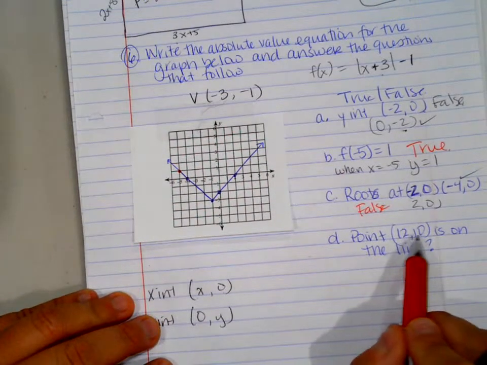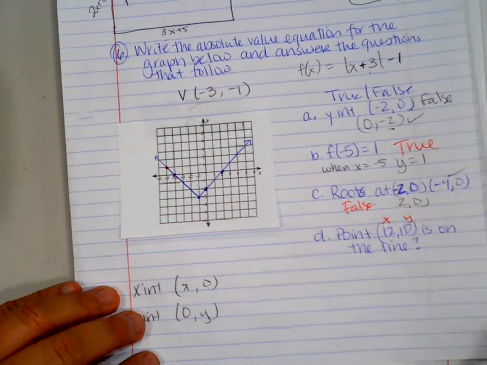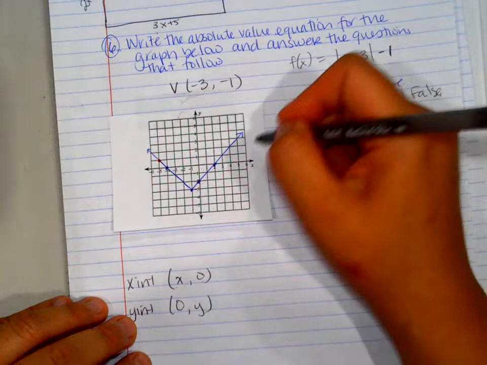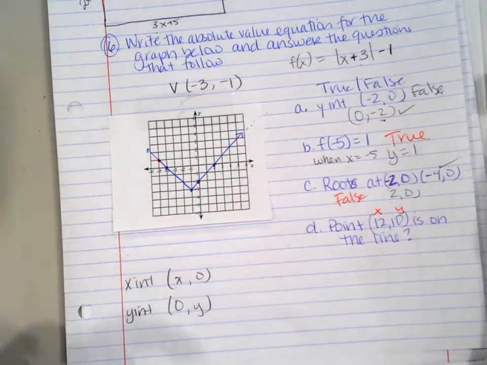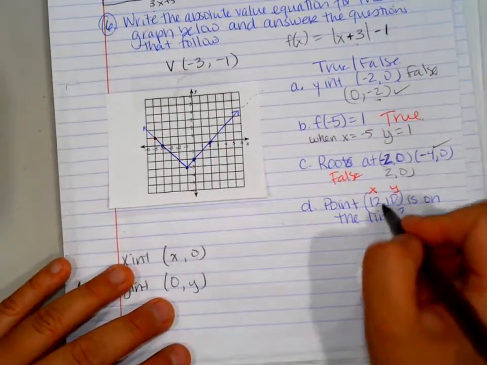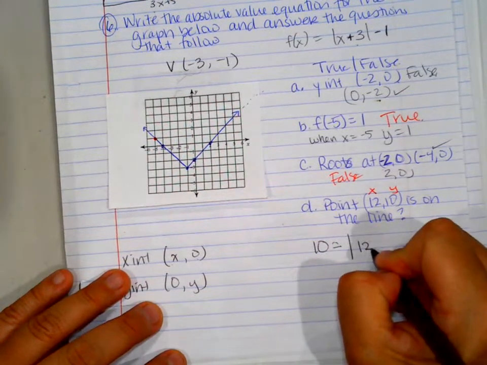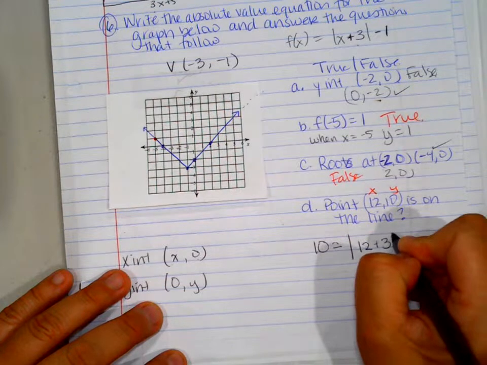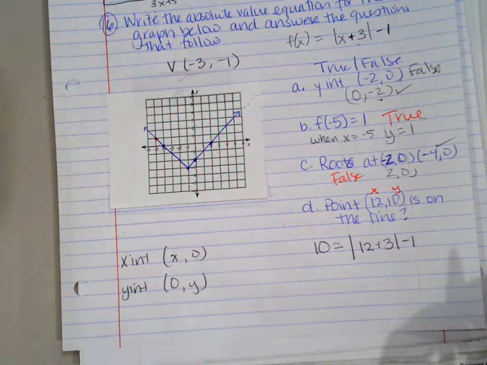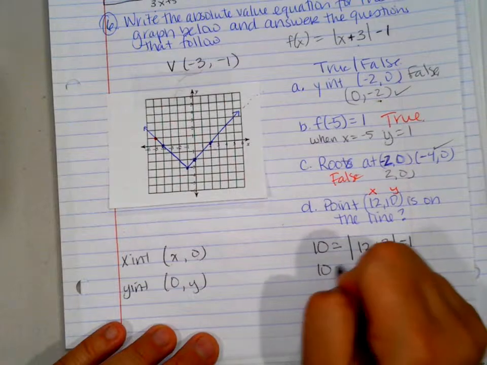Okay, is the point (12, 10) on the line? Okay, so there's your x and there's your y. Obviously, you're not going to sit here and go, oh, (12, 10), yeah, it kind of looks like it's on the line. No, friends. All right, you're going to plug it into your equation. Okay, so we've got 10 equals the absolute value of 12 plus 3 minus 1. Okay? And 10 is equal to,